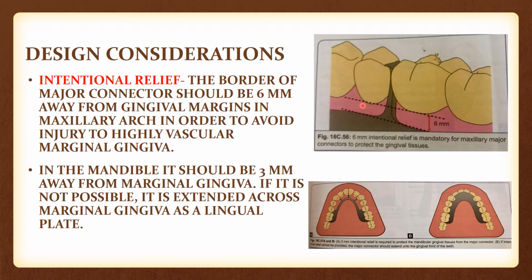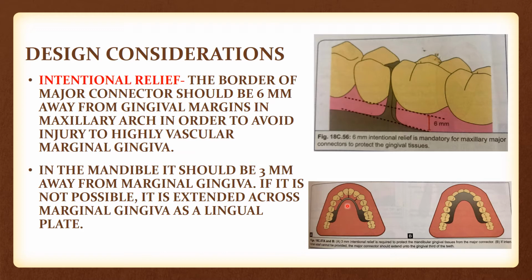So this is your marginal gingiva, and the border of your maxillary major connector should be 6 mm away from this, because your marginal gingiva is highly vascular. If you design your major connector near the marginal gingiva, it will injure the tissue. So it should be 6 mm away. And in the mandible, it should be 3 mm away from the marginal gingiva. So in the maxilla it is 6 mm, and in the mandible it is 3 mm away from the marginal gingiva. And if it is not possible, it is extended across the marginal gingiva as a lingual